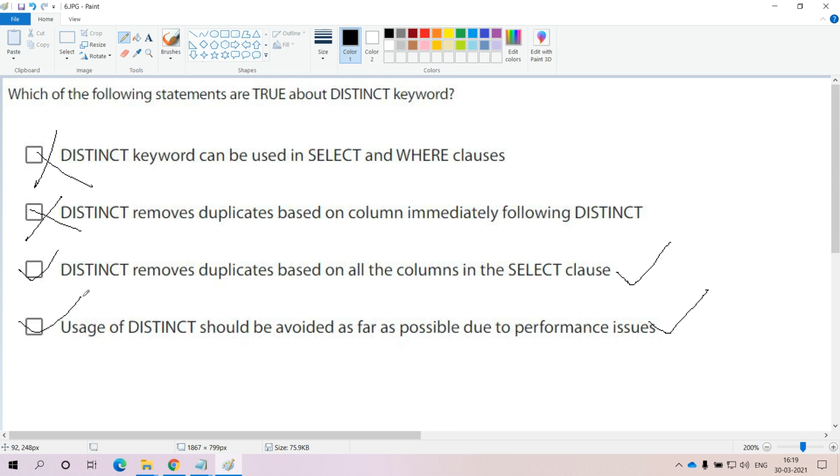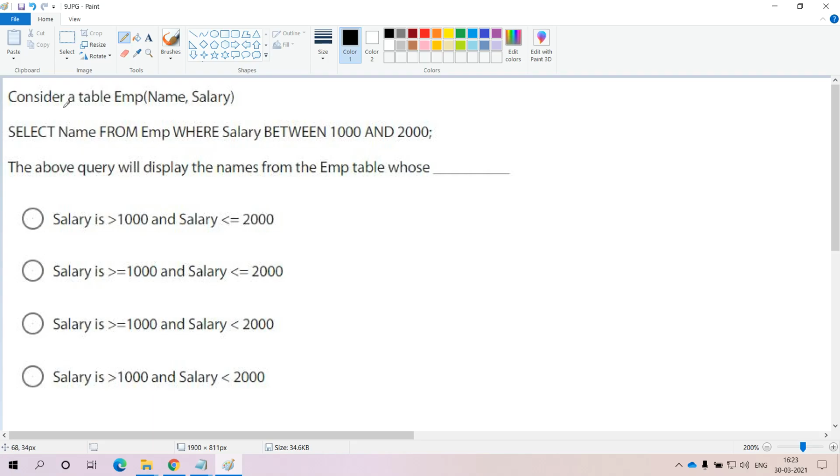Coming to the last question, consider a table employee with two attributes available, and the query is select name from the employee where salary between 1000 and 2000. Between, we are using the between operator. So here between in the sense it will include the 1000 as well as 2000. The above query will display the names from the employee table whose salary